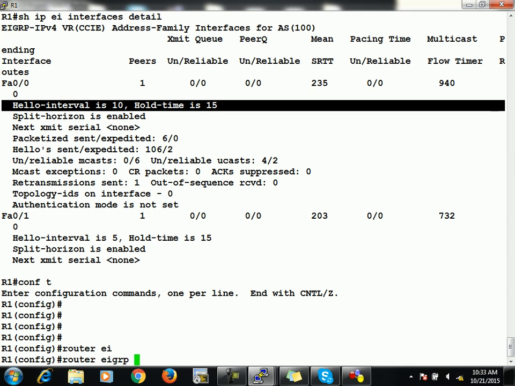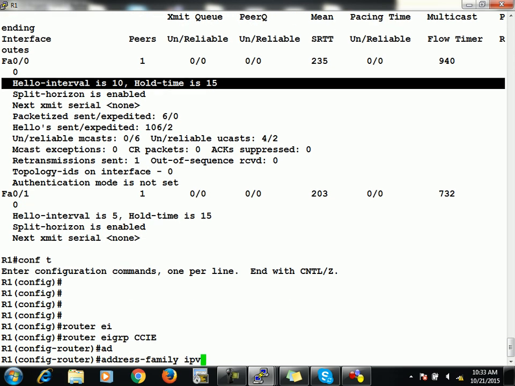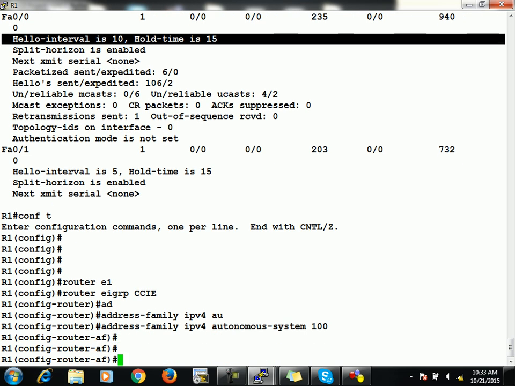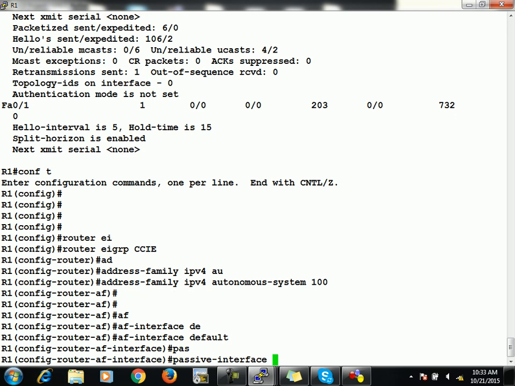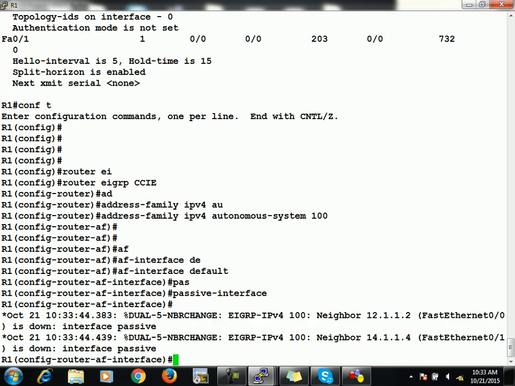Router EIGRP CCIE, address family IPv4, autonomous system. Let's say I want to configure some interfaces as passive interface. It's very simple: AF interface default passive interface. Done. All interfaces will become passive interface